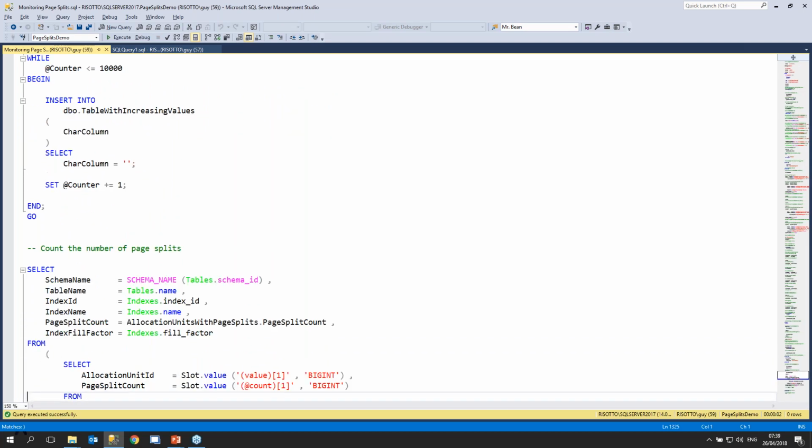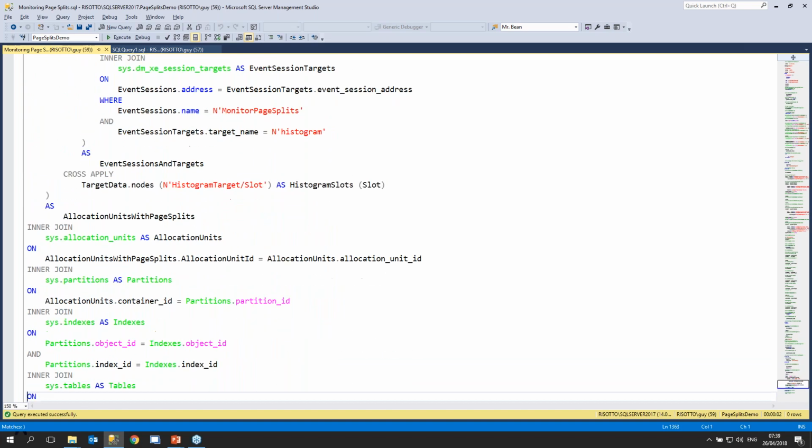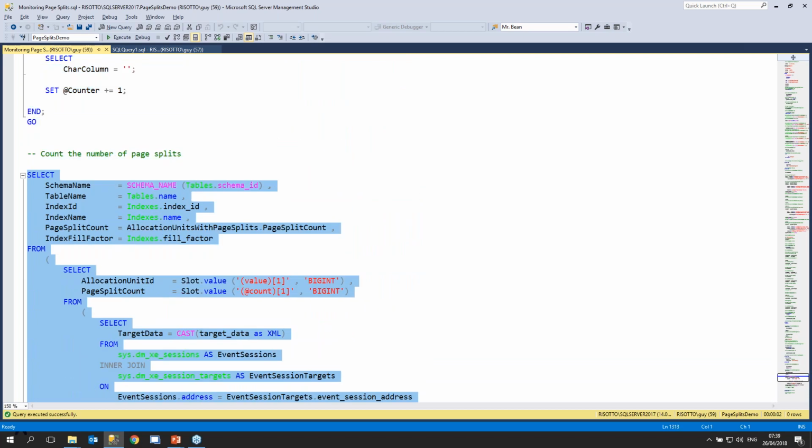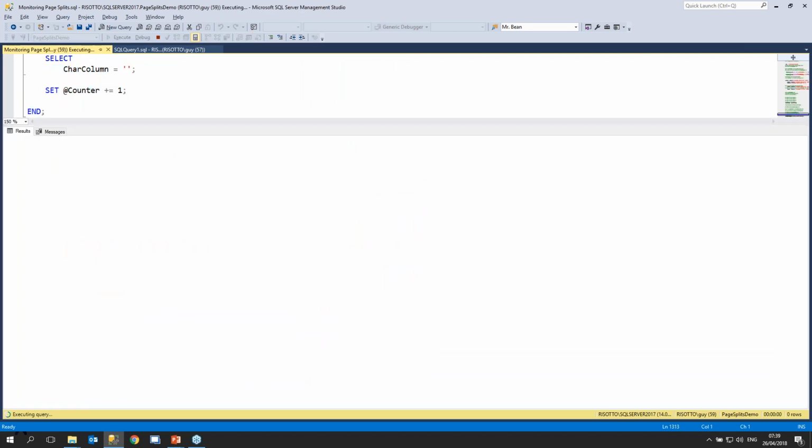And now, by using this very long query, which creates the histogram and joins to some catalog views, as you can see, only the random values table appears, because there are no page splits at all, no LOP delete split events, for the increasing values table. For this specific index, I have all the information: the table name, the clustered index, the name of the index. We had, in this case, 223 real page splits. And I also added the fill factor because it's very relevant.